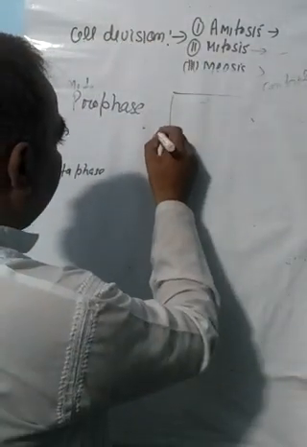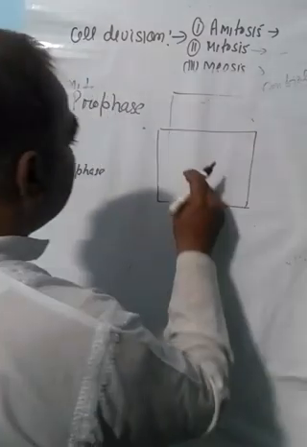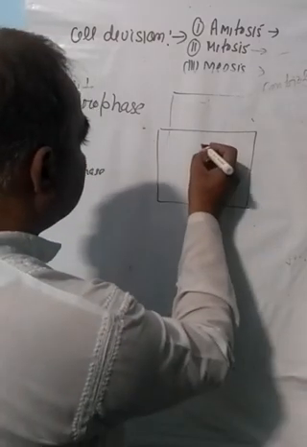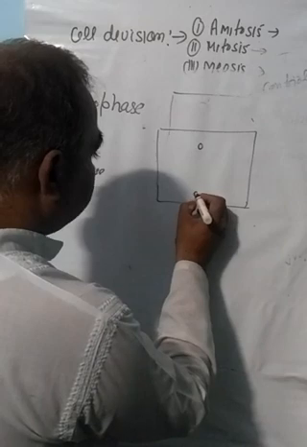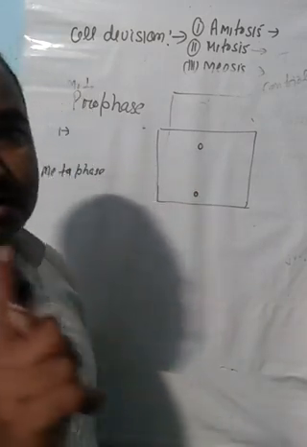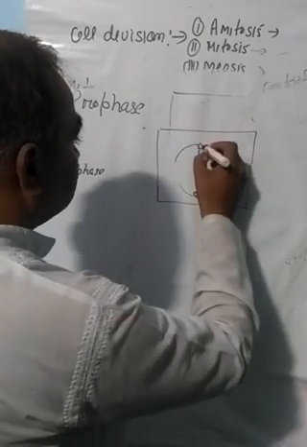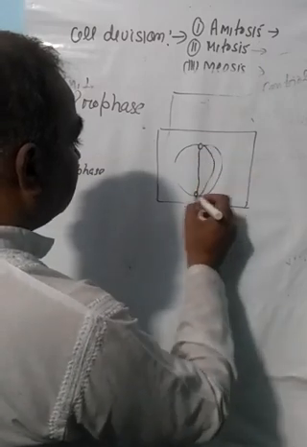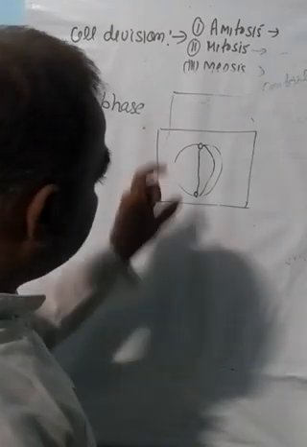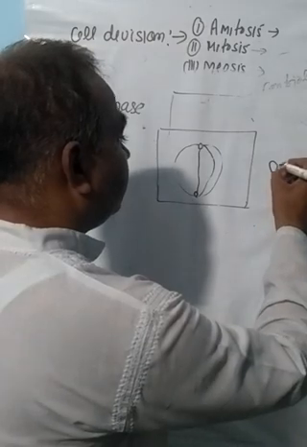First, when the cell enters metaphase, the nuclear membrane totally disappears. The centromere reaches the opposite pole. Here, two types of spindle fibers are formed. First, the continuous, and second, all the chromosomes at that stage possess each chromosome bivalent,